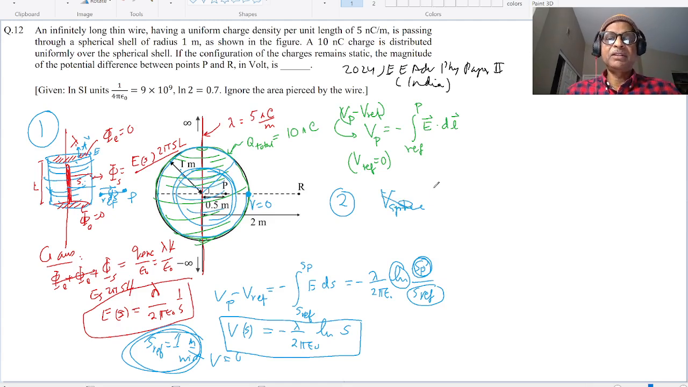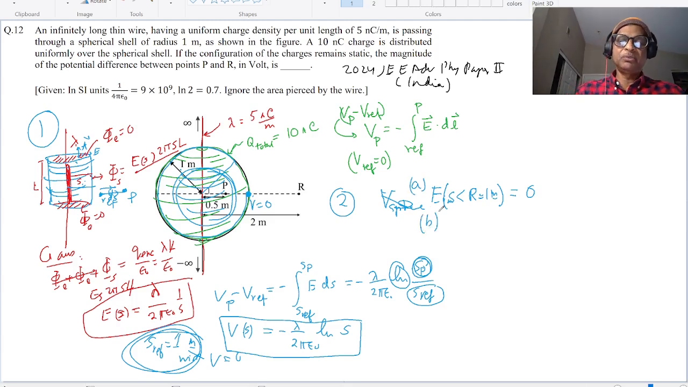Then the electric field inside, the electric field for S less than R, which is 1 meter, equals 0. So that's one thing you can find. And another thing, I'm not going to work it out for you. Another thing you're going to find is, if S is more than R, the electric field is going to be the total charge